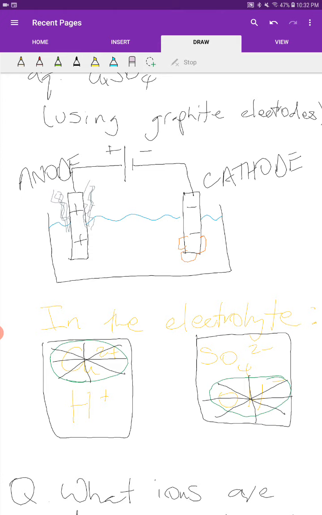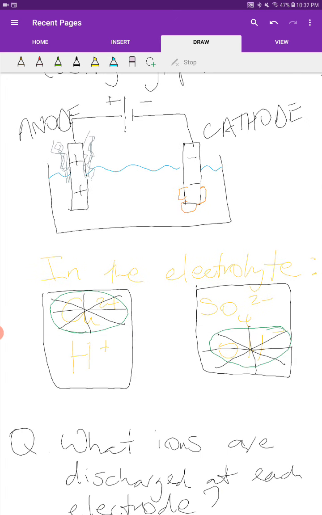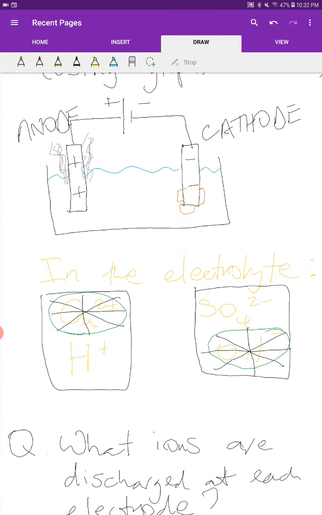And remember, the reason why it is becoming more acidic is that we're removing copper ions, we're removing hydroxide ions. Alright? And what we are left with are hydrogen ions and sulfate ions. So the bulk of whatever is inside here is going to be hydrogen ions and sulfate ions,